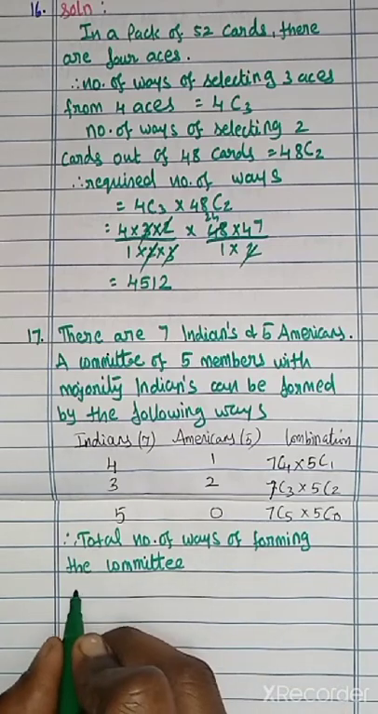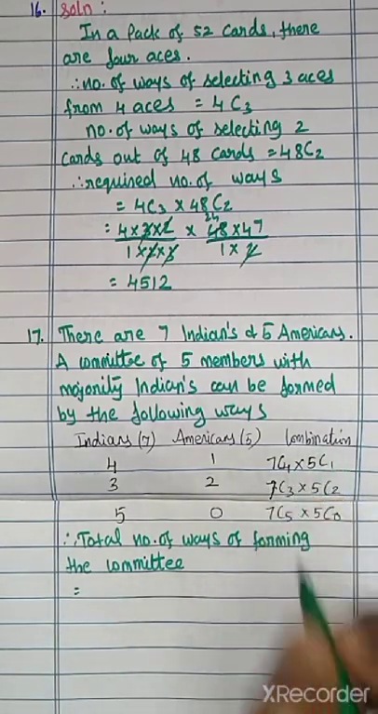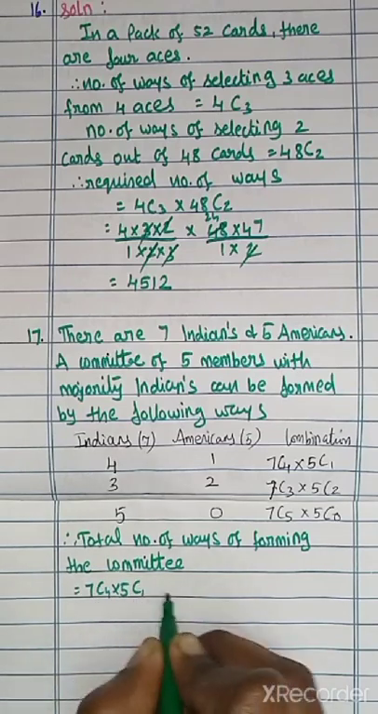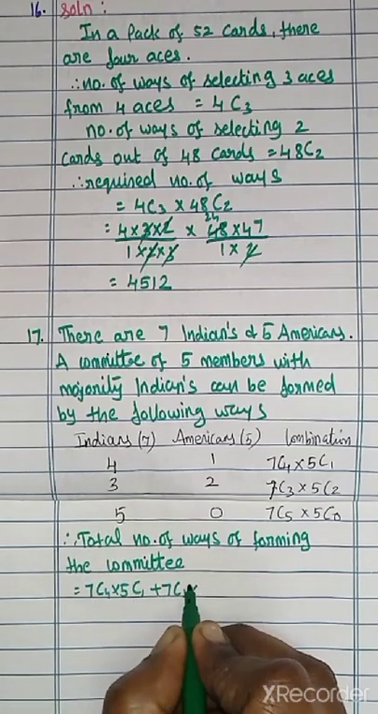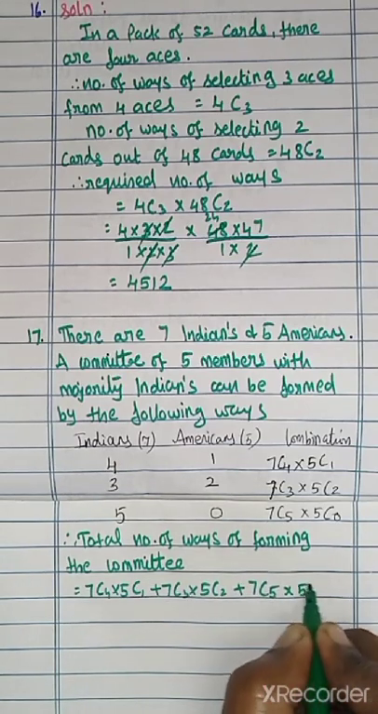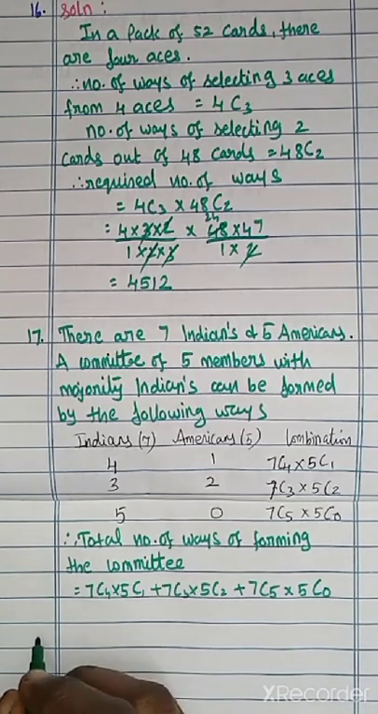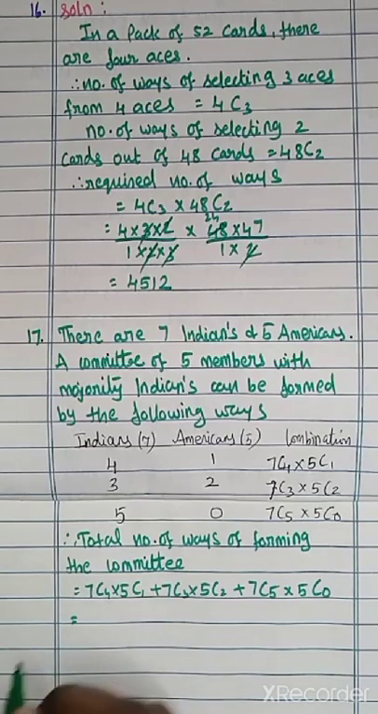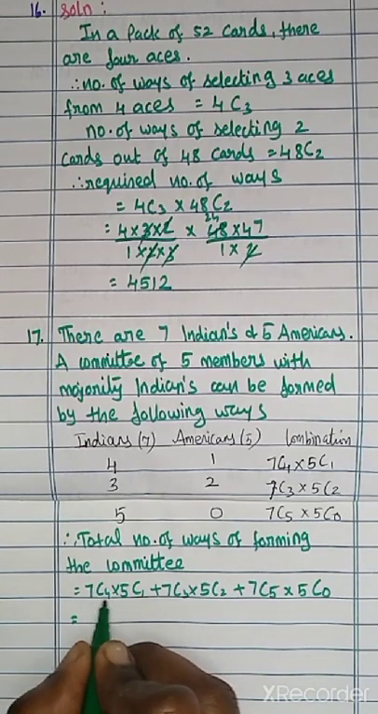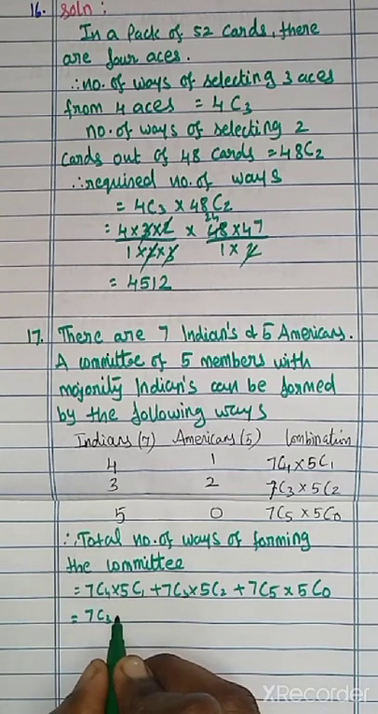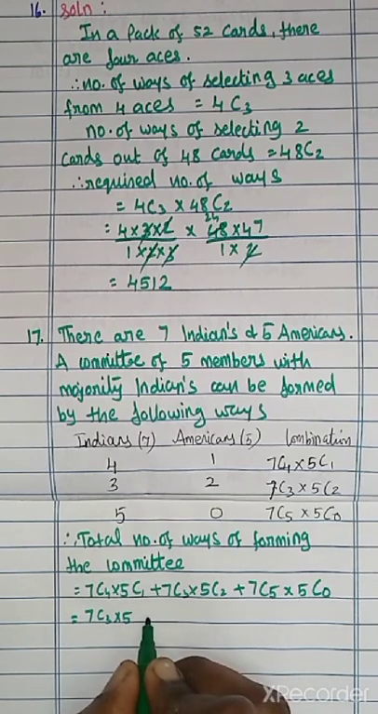Forming the committee, we have to add up all those things. So that is 7C4 into 5C1, plus 7C3 into 5C2, plus 7C5 into 5C0. Now 7C4 we can simplify using one property: 7C4 is the same as 7C3. So we can write this as 7C3 into 5, since 5C1 is 5, plus